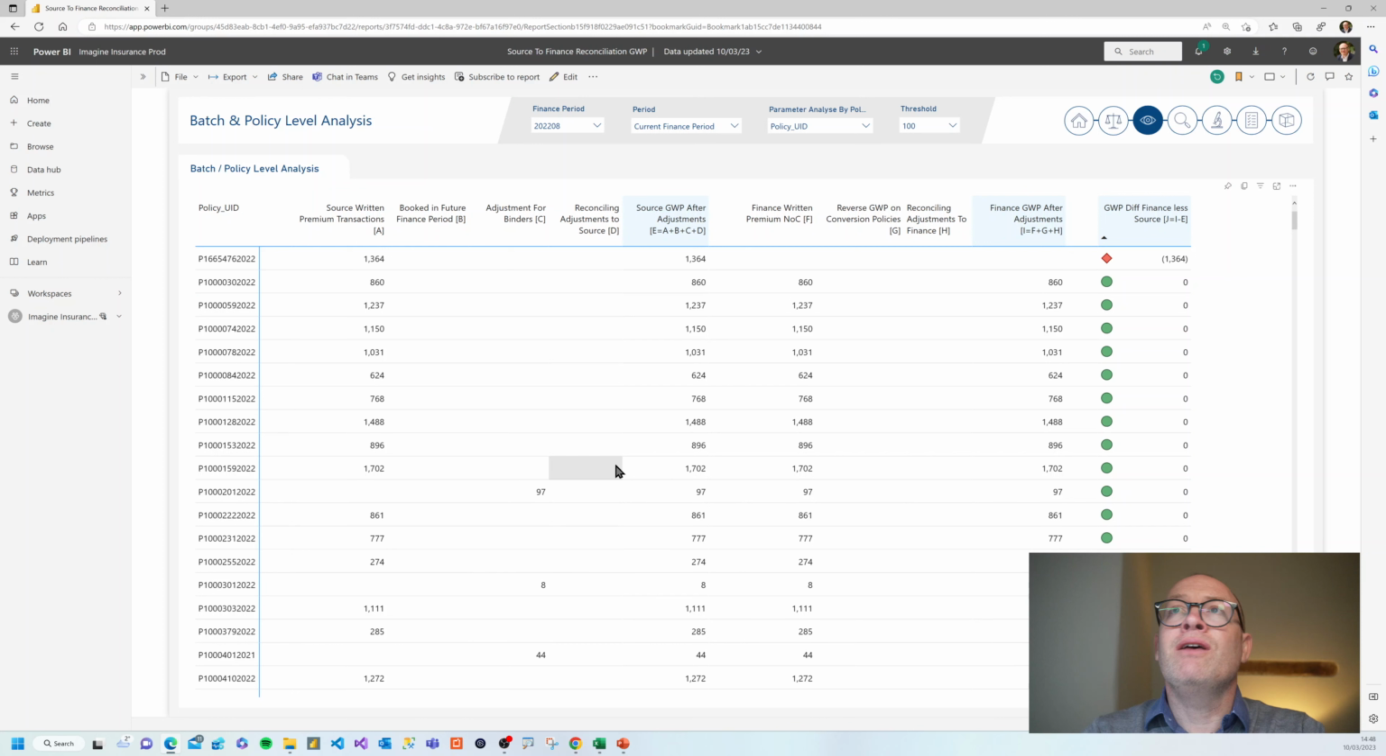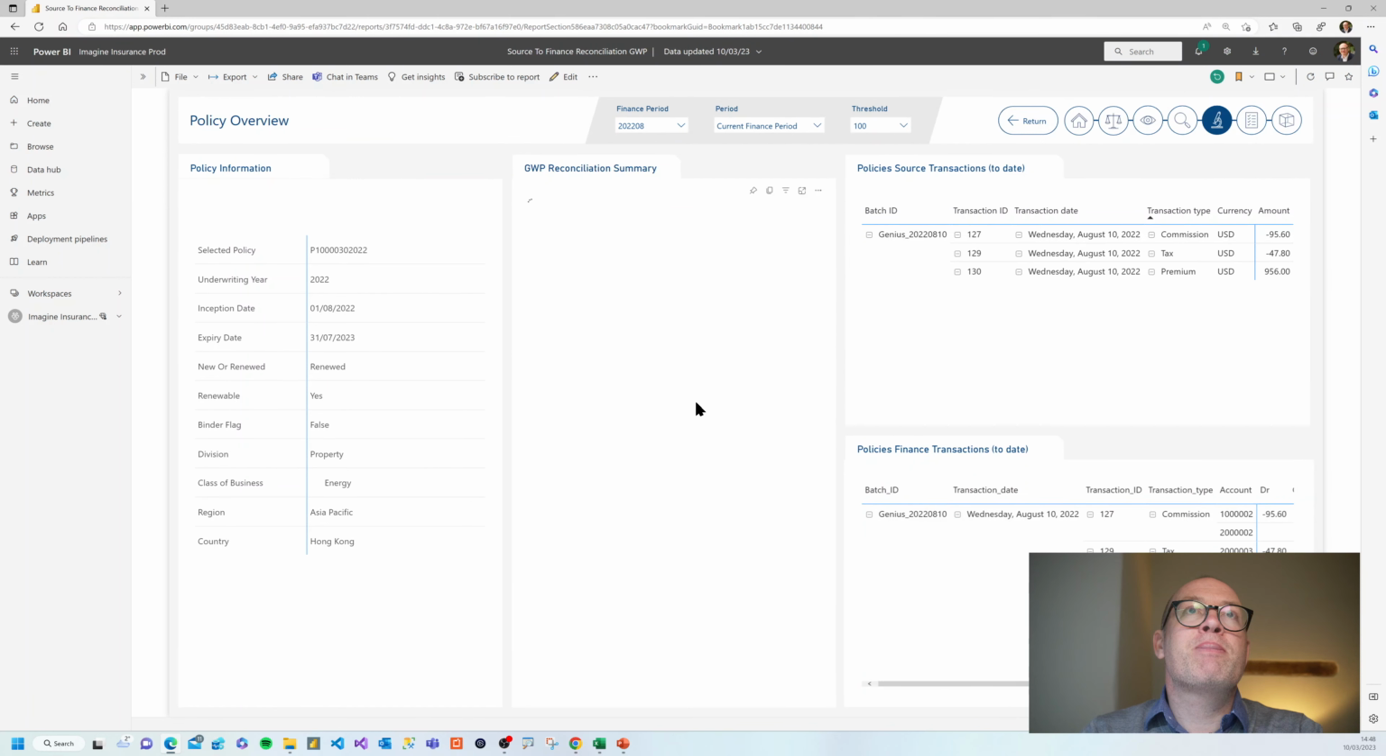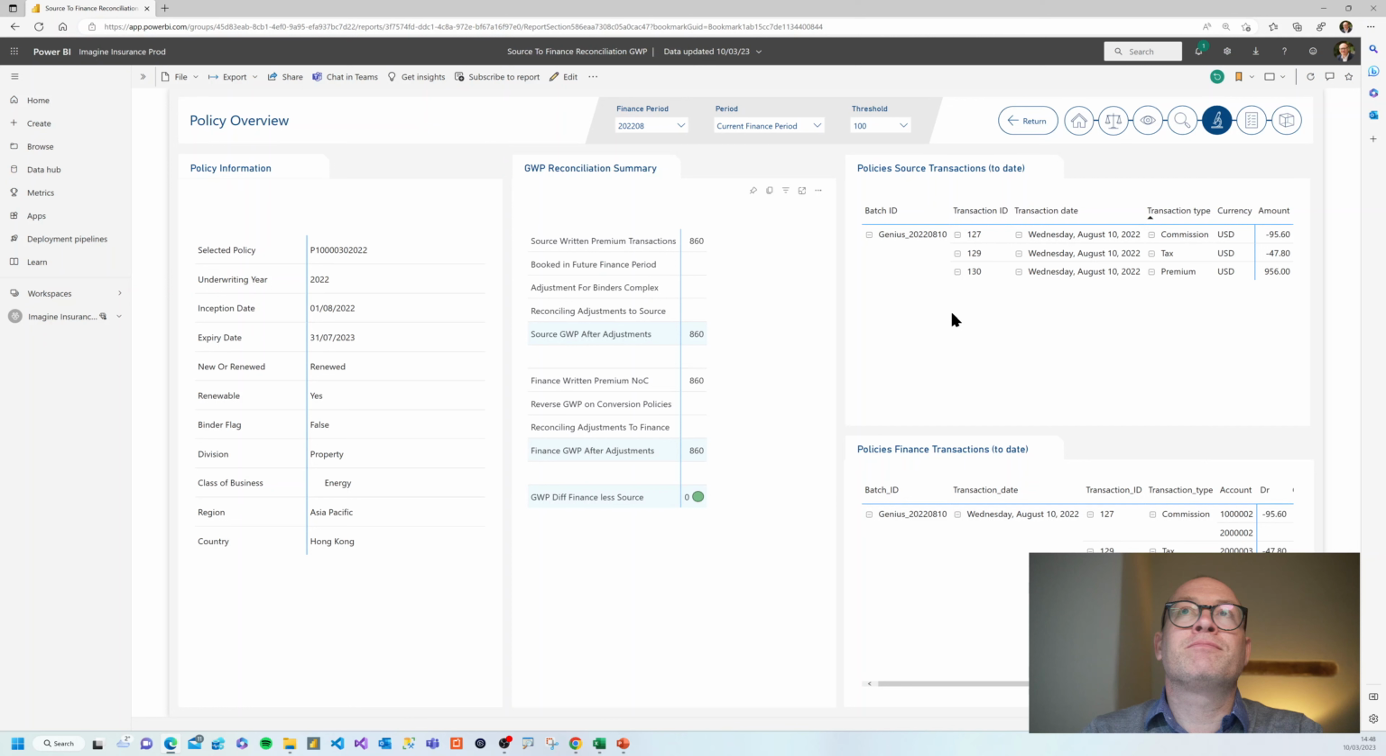So actually here, let's drill down on a policy that works or is reconciled. So let's drill through into this policy overview. So this is the summary. Here actually you can see for this one we do have the records in finance. So you can see we've got our debits and credits here in finance at the bottom. And I could also, for any policy, if I want to,